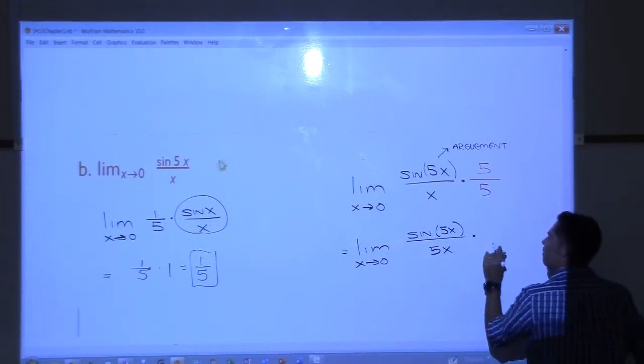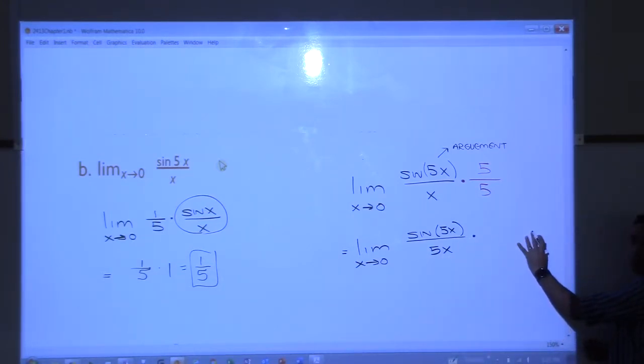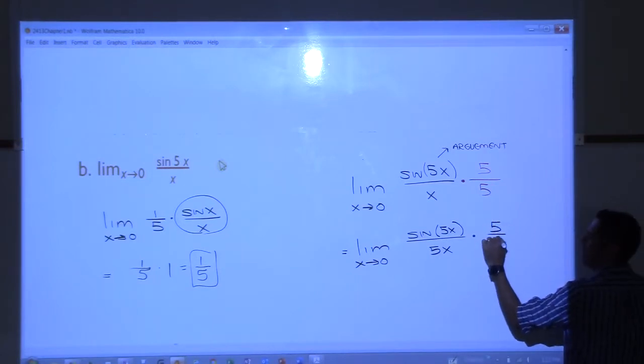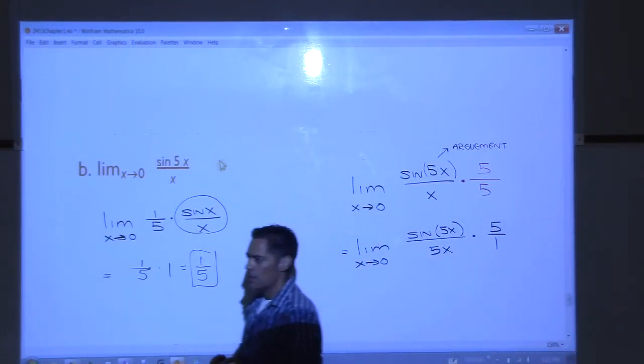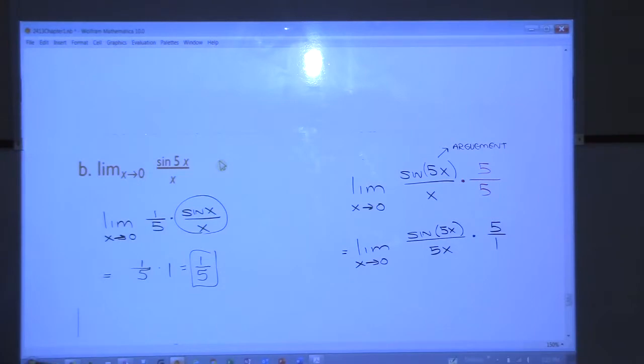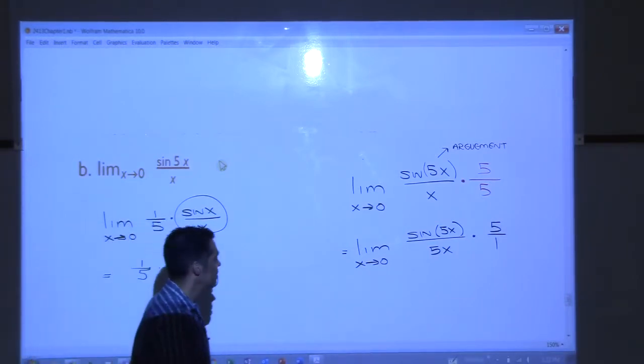And what do I still have over here? 5 over 1, or just 5 if you want. Right? So all I've done is just used a little bit of algebra and a little bit of brain power, right, to generate what I needed. And now,